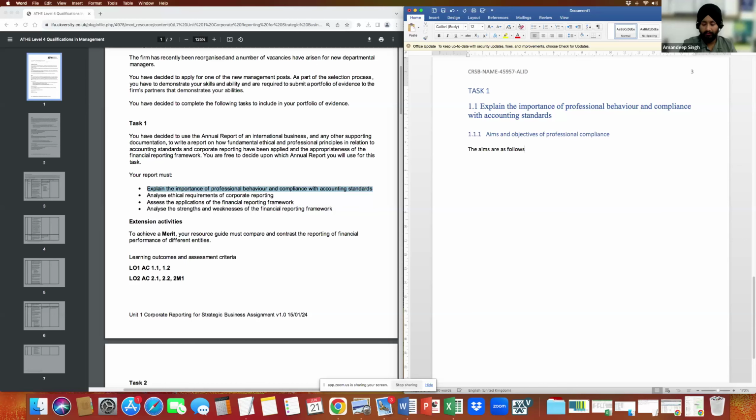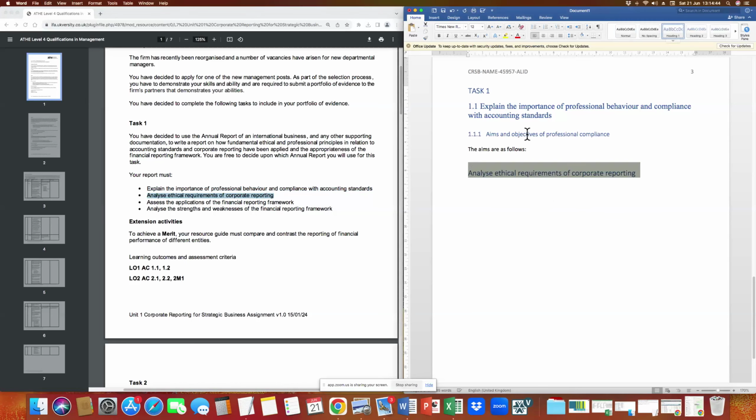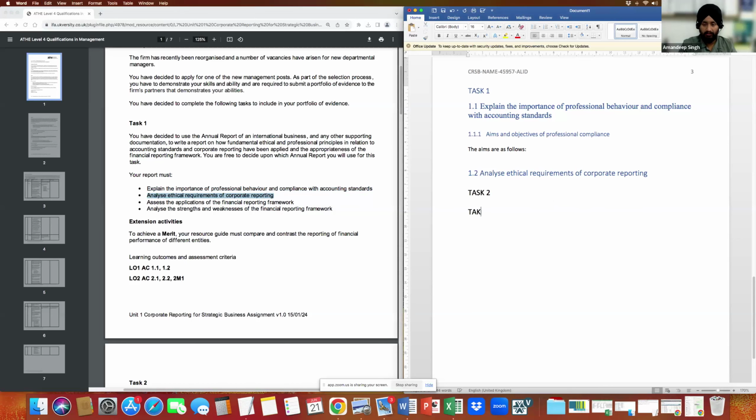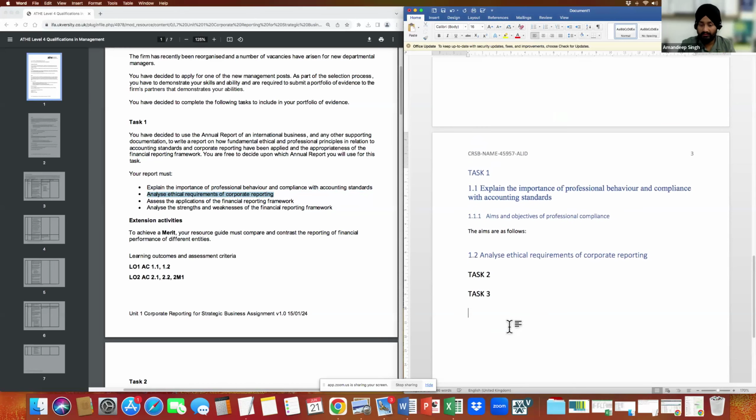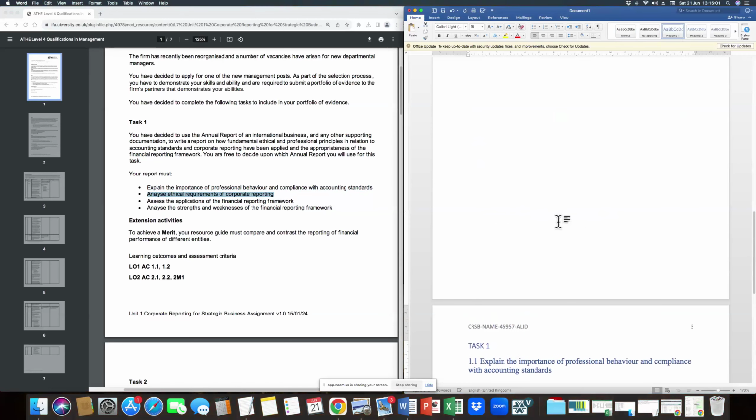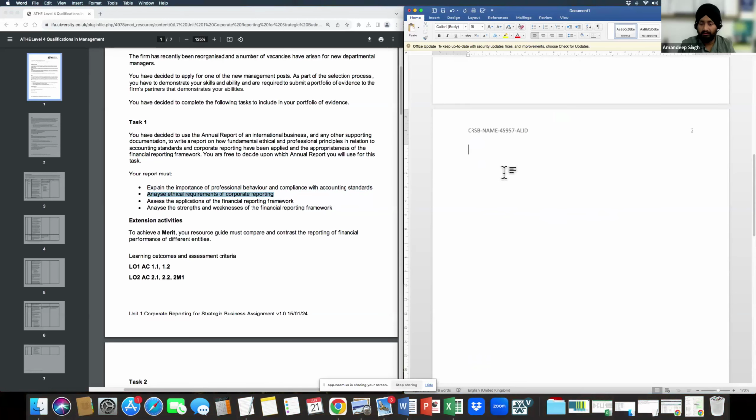You got my point, right? And then we do the same thing for question number 2. Choose heading number 1, and so on. Similarly, you will repeat this in all the tasks. So once you have completed your whole assignment, remember you have left the second page blank, right? That's for the table of contents.